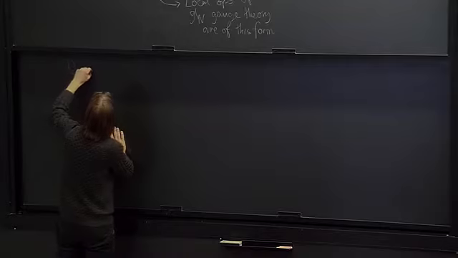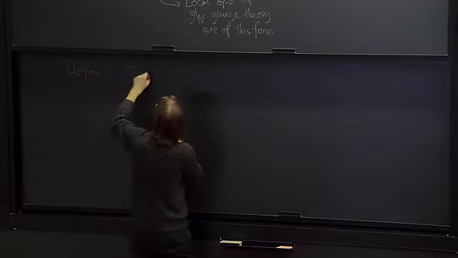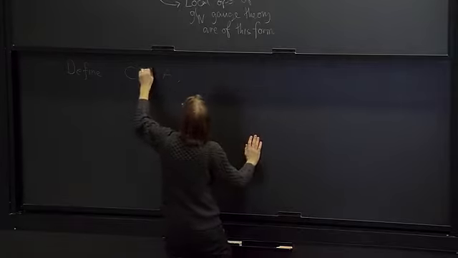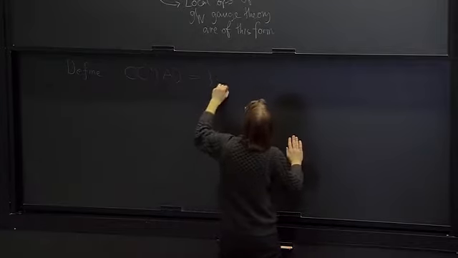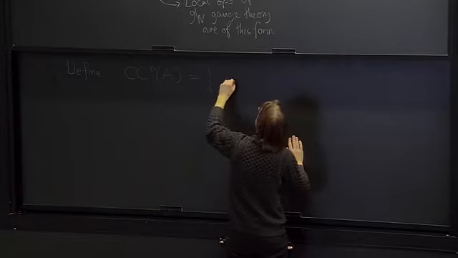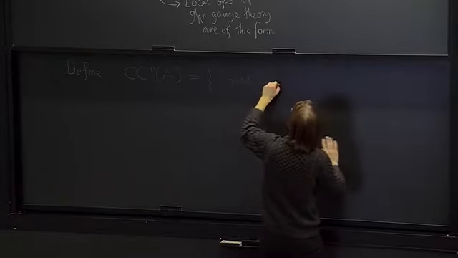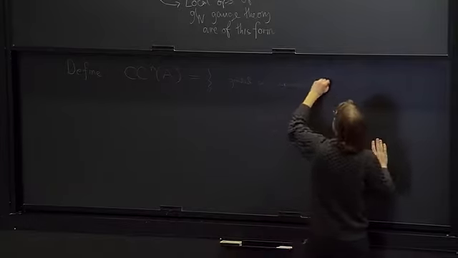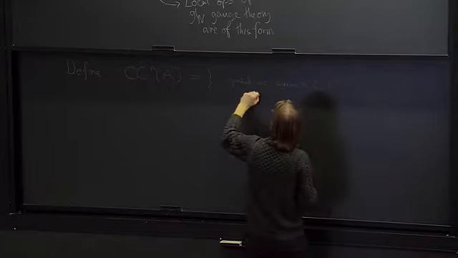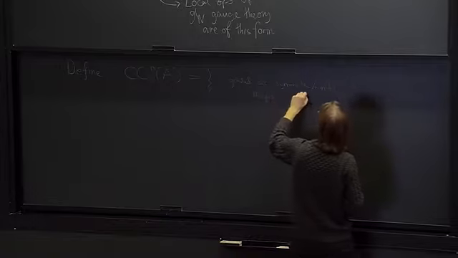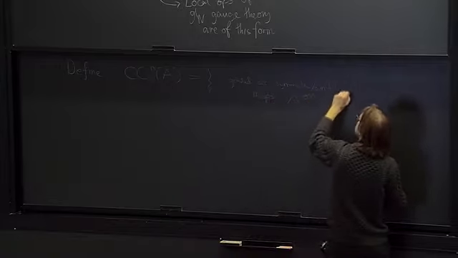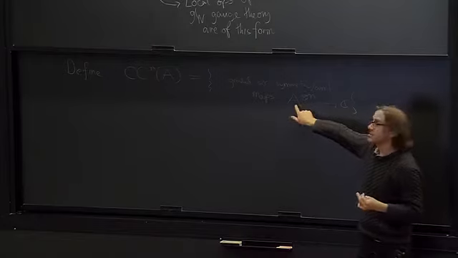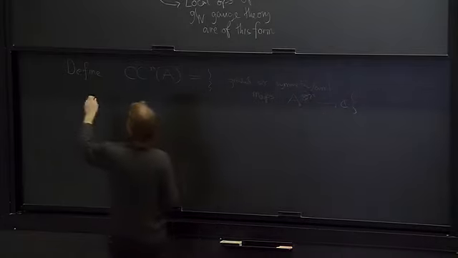we define cyclic cochains. CC^n of A is a collection of graded, cyclically symmetric, or antisymmetric, depending on the value of n, maps from A tensor n to C. So it's like a multilinear map which takes n elements of A and gives you a number. And there's a differential